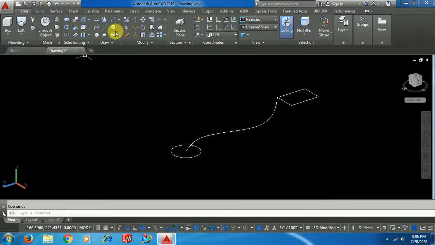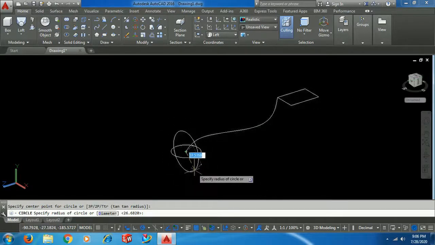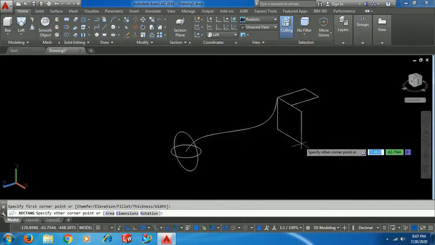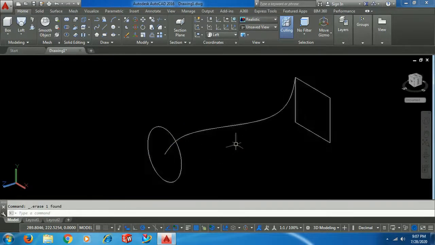Now I draw the same profiles in side view. I am creating this on side view. Then the same rectangle. I delete these two things, not required right now. Now the path is perpendicular to both sections.